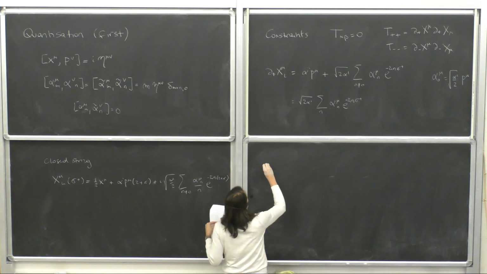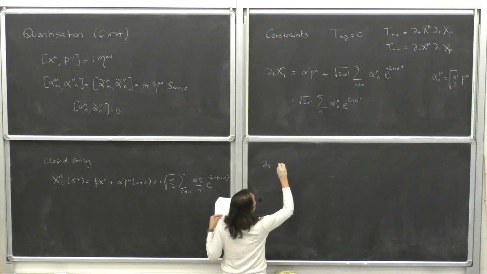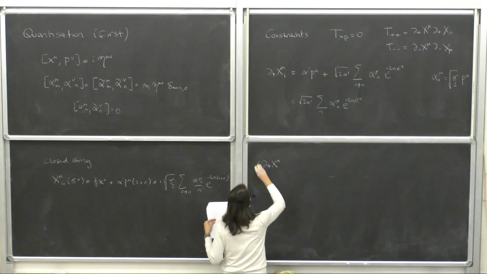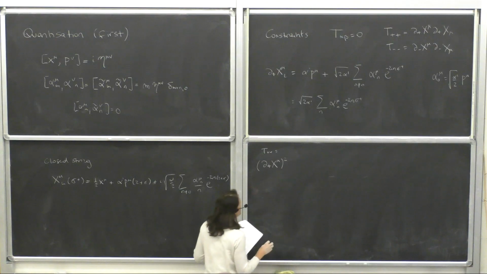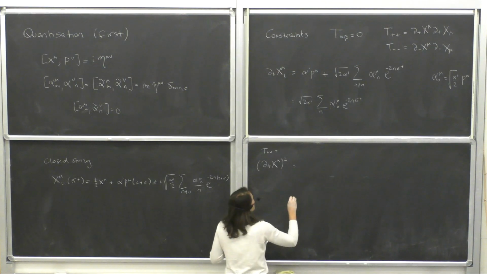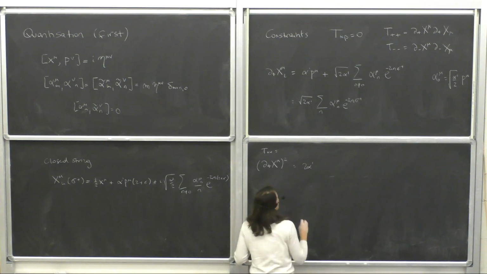So now I have to do d plus X mu squared, so d plus plus is d plus X mu squared. I'll get 2 alpha prime, and then I get a